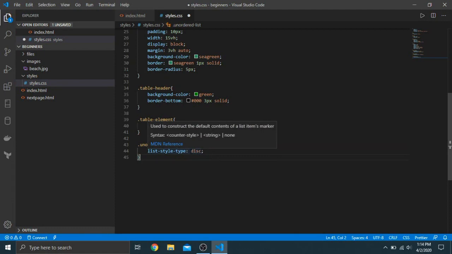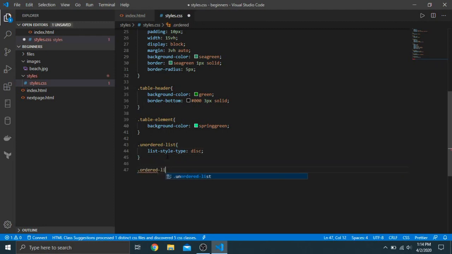So for list-style-type, it'll be a disk. You can also do a style of none, and there's other things you can do. You can do an actual image. I can't quite remember how to do that, but you can put an image as each bullet point if you want a custom image, which is pretty cool. So for the ordered list, we'll just do